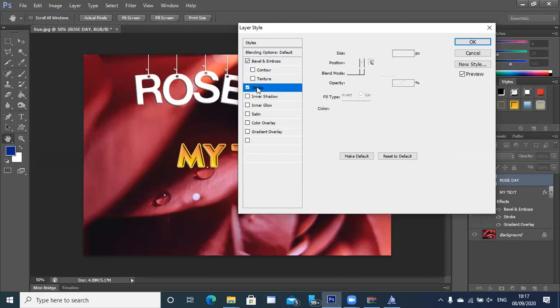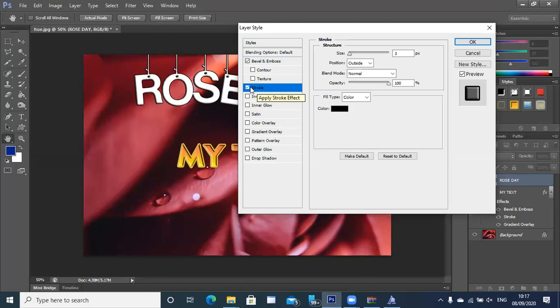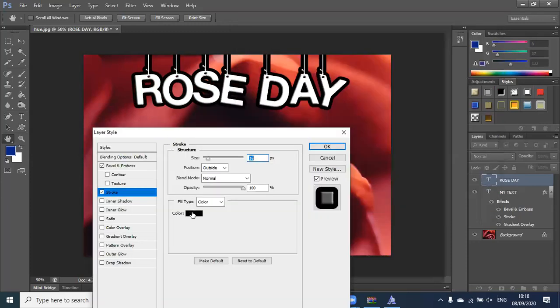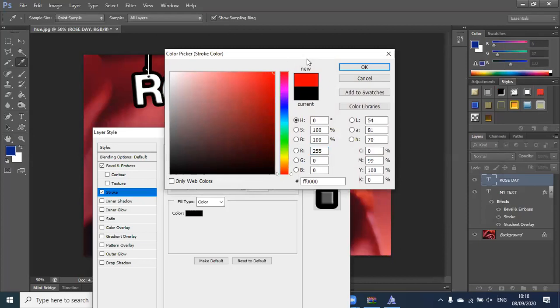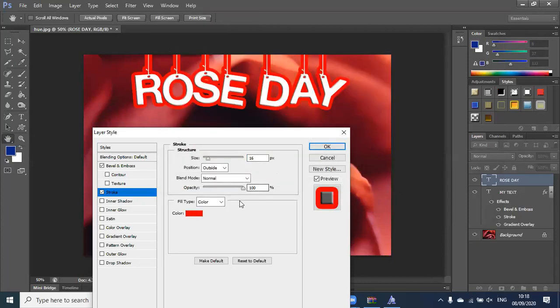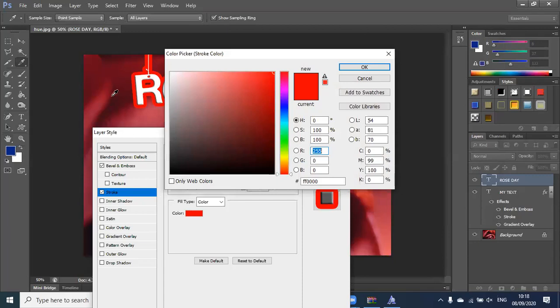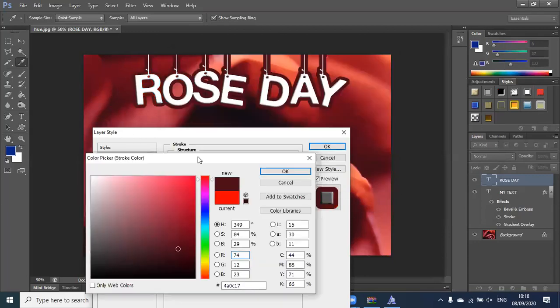For example, I can go to stroke. Stroke is to give an outline. Look at this, without the stroke, maybe you can have a look at these. And with the stroke, you can increase the size of the stroke. Suppose I want to make it a little more thick, something like this, just to make it stand out. It looks good like this. Or maybe change the color. I don't like this color. Maybe I can have a red, but I don't believe red looks that good. You can pick up something like this, which I believe looks nice. Or a darker shade of red, and this would look good.